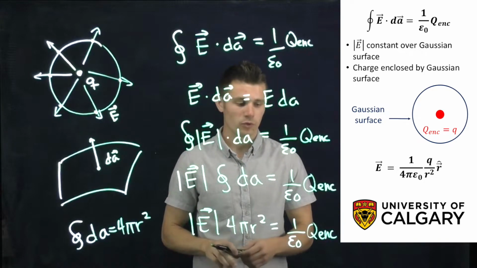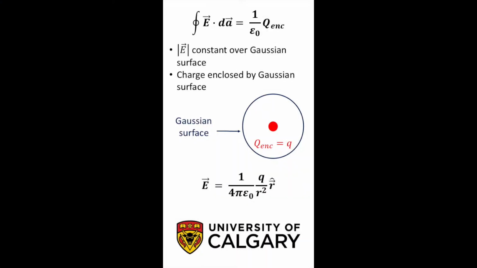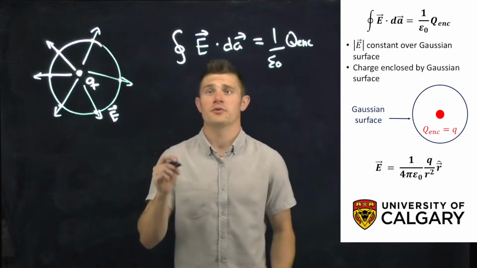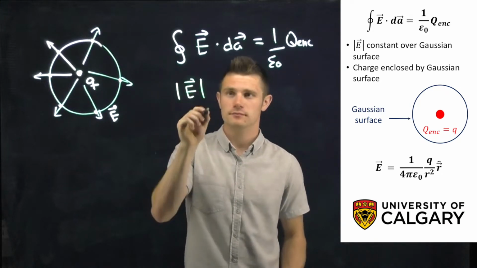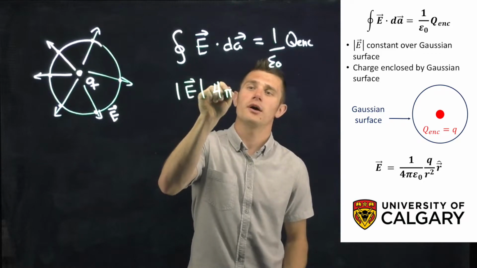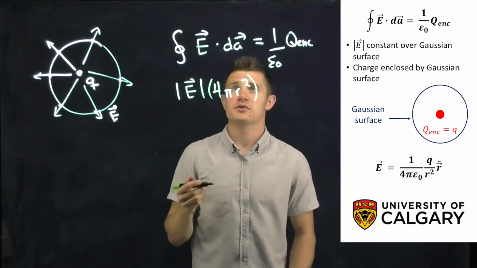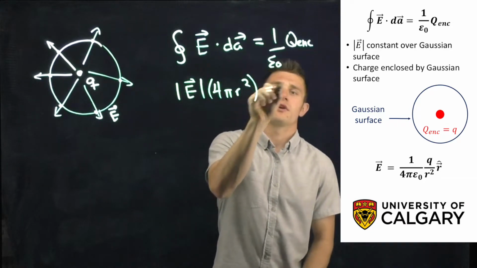And moving forward, we have one more simplification to do before we finish the problem. So what we've come to so far is that the magnitude of the electric field times 4 pi r squared, which is the closed surface integral of the infinitesimal area, is equal to 1 over epsilon naught